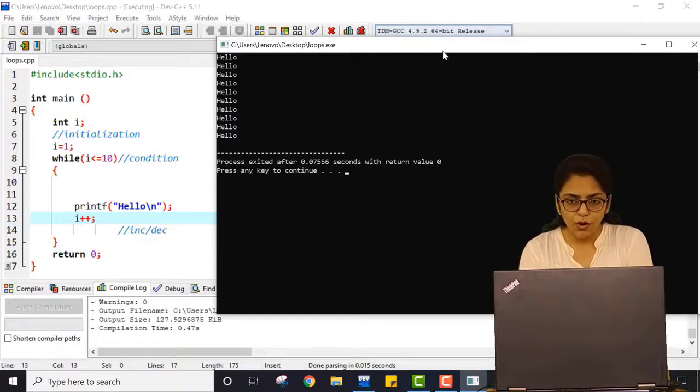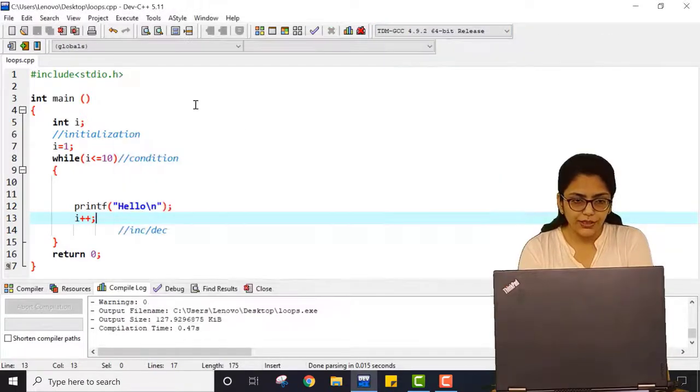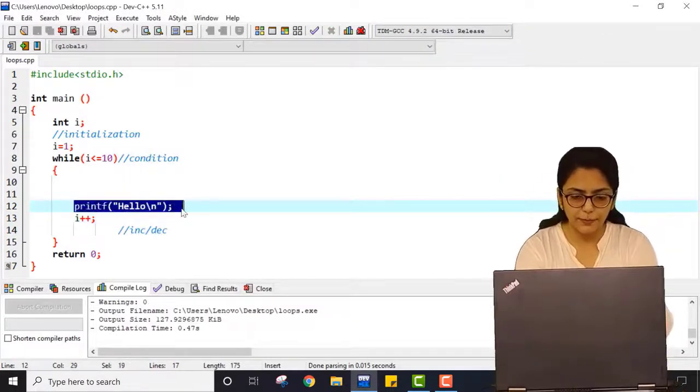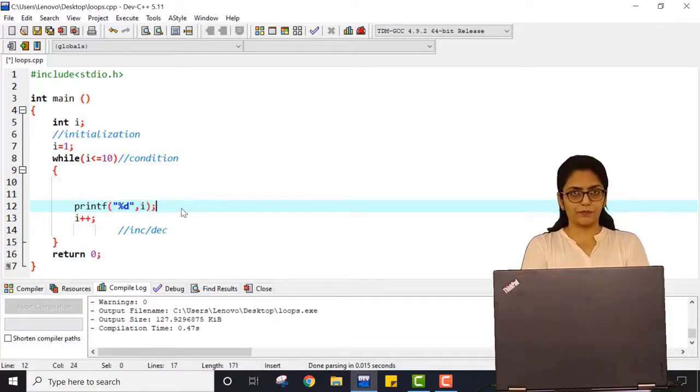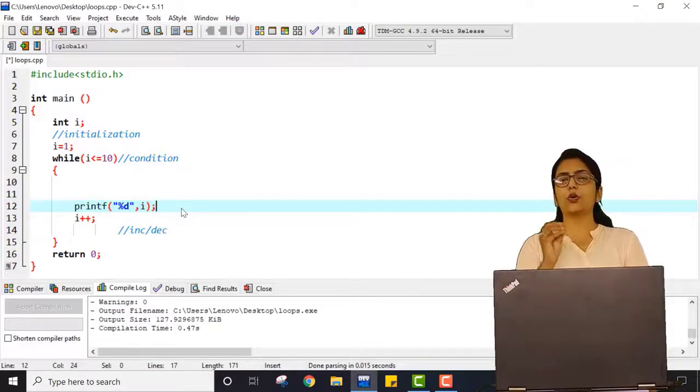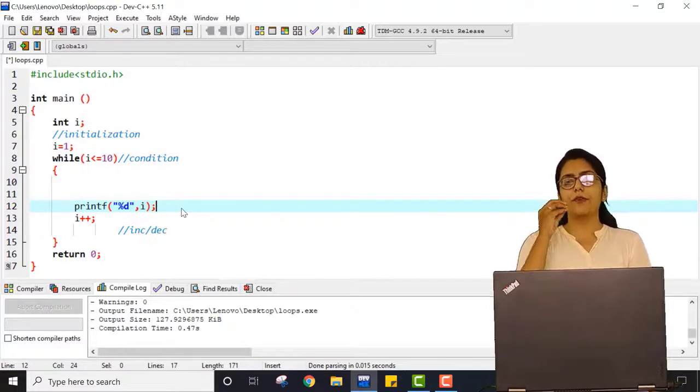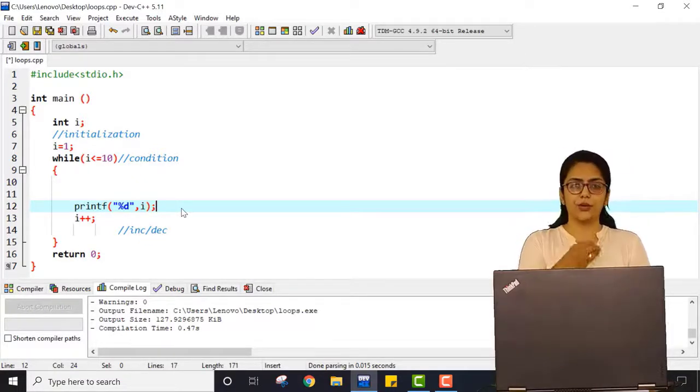Now what if you want to write code something like printf %d, i? What if I am printing the value of i? Here, as I started with 1 and it will go till i less than or equal to 10, it will be printed from 1 to 10. So it will print the range 1 to 10.